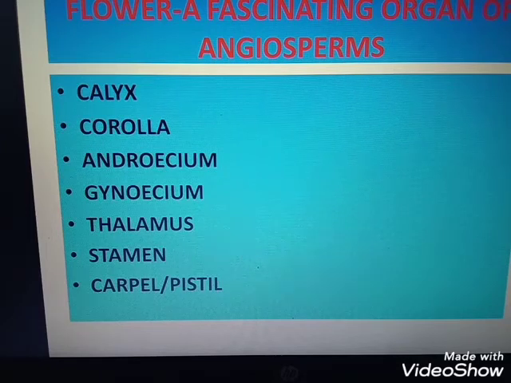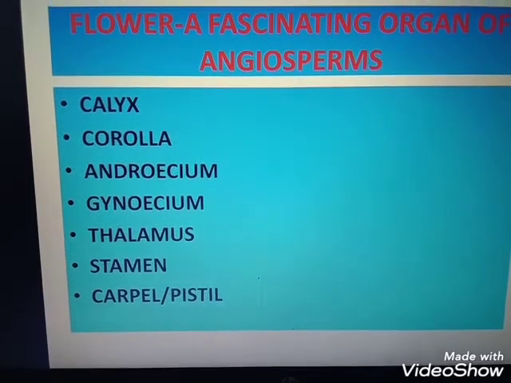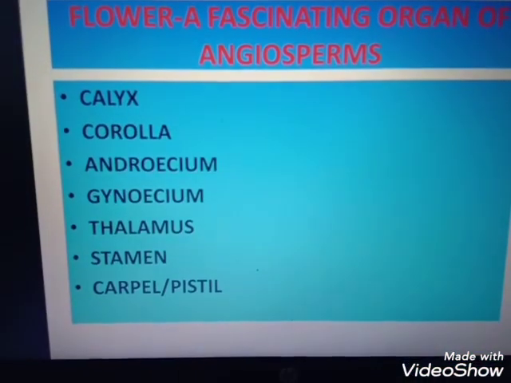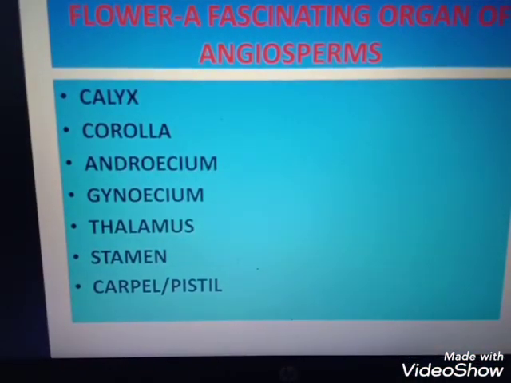Then the next question is, name the organic material the exine of the pollen grain is made up of. How is this material an advantage to the pollen grain? I am not repeating it, I have repeated that question so many times. The next question is, how are pollen banks useful? What are pollen banks? Pollen bank means cryopreservation of pollen grains. Here we are preserving the pollen grains at a temperature of minus 196 degrees Celsius, so we can use them later. Clear?